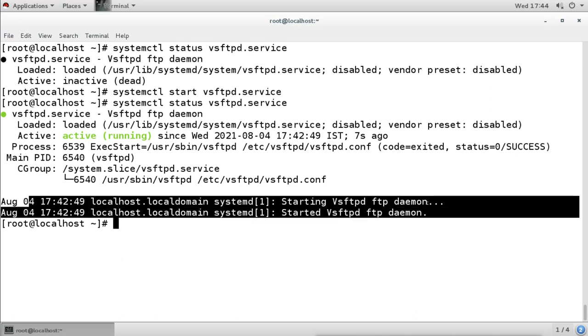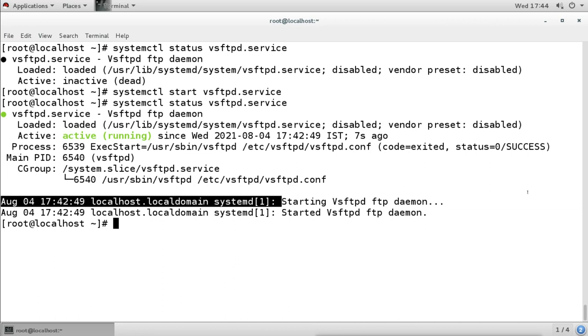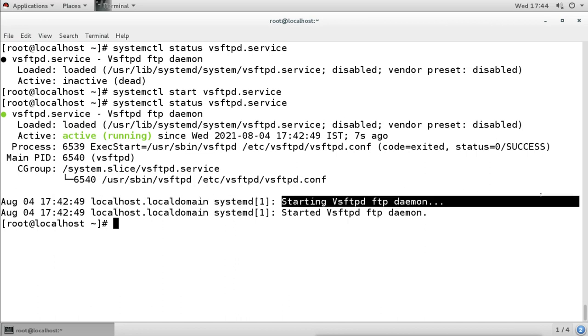Now sometimes, by default, it will cut the message. It will not show the whole message, because sometimes one message will not fit into a single line. So what it will do, it will cut the message. It will not show the full message. In that case, at the end of this message line, it will show that you should use the -l option with the status command, so that it will show you the full detail. Whatever the message is cutting, it will show all that information also.